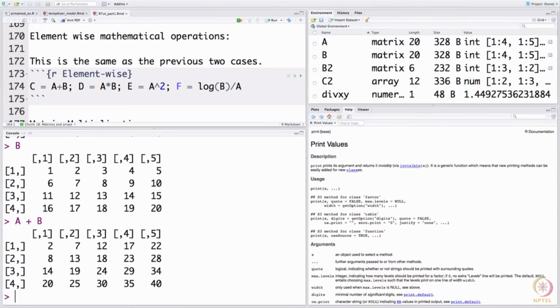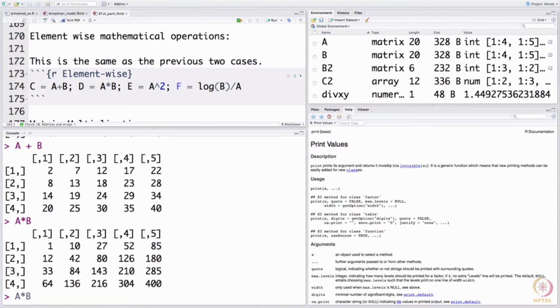And here is where the catch is, when you multiply two matrices in R using the asterisk operator, fortunately or unfortunately, it does an element wise operation. That means, it is going to multiply A of 1 comma 1 with B of 1 comma 1. It is not going to do your regular matrix multiplication. If you want to do a regular matrix multiplication, firstly you have to ensure whether you are doing product wise or element wise, the dimensions have to be compatible.